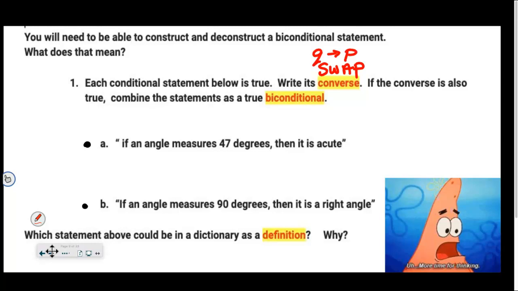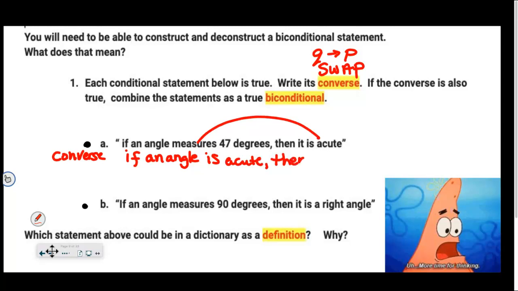So let's go up here and read it. If an angle measures 47, then it is acute. All right, my converse, I'll write that over here, is going to swap those. If my subject is an angle, swap it. Acute,